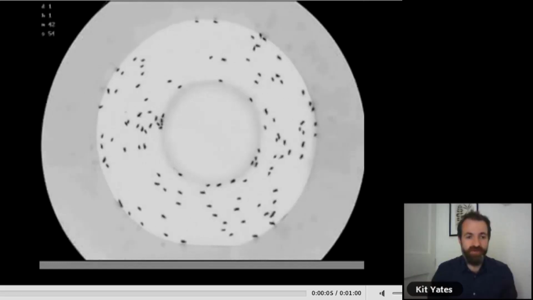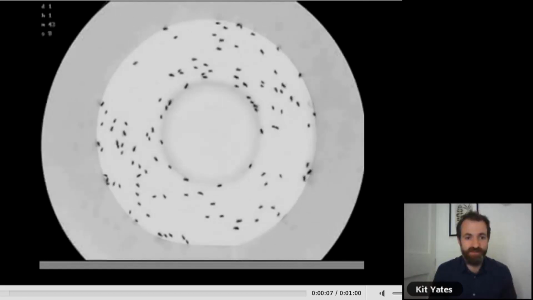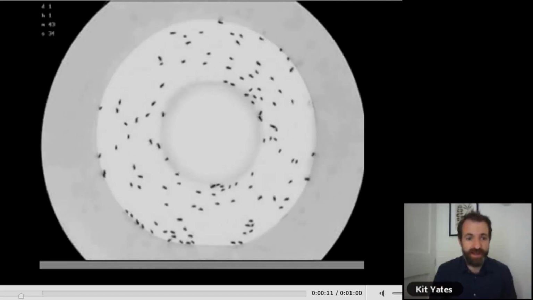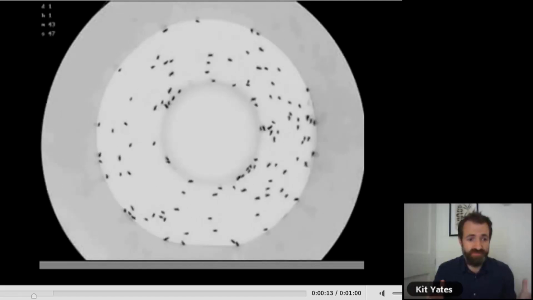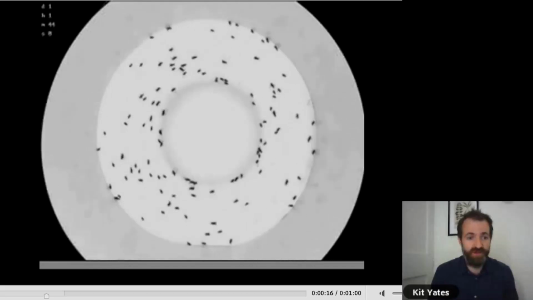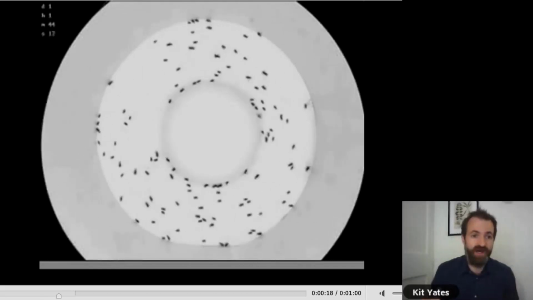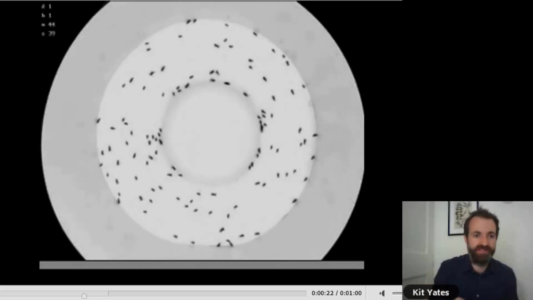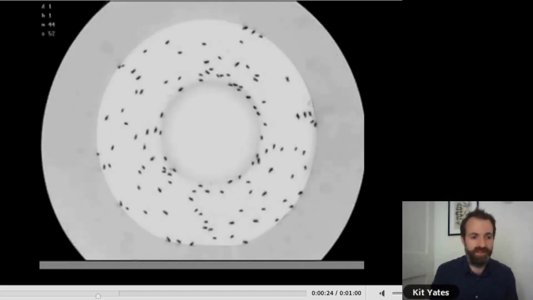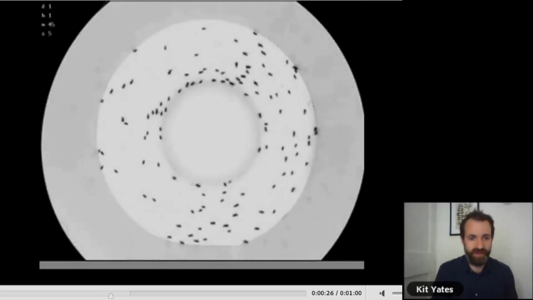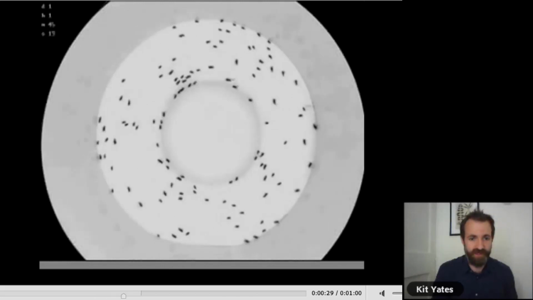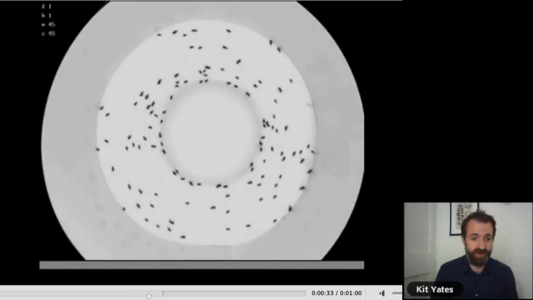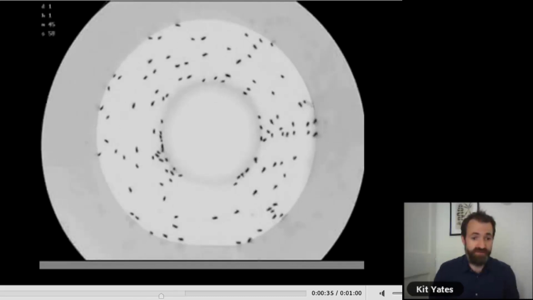they looked, videoed from above, at locusts in this ring-shaped arena, and when you put a few locusts into the arena, nothing much interesting happens. But when you start to put 100 locusts into this arena, then you can start to see what they do. They march around in the same direction around the arena collectively, almost all of them, except as you can probably see, there's one guy that's going around the outside at the right hand side at the moment. He won't be told which way to go, but most of them tend to go around the arena in the same direction for the whole duration of the experiment.